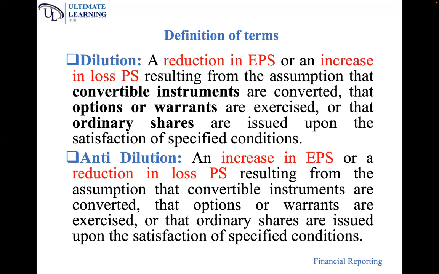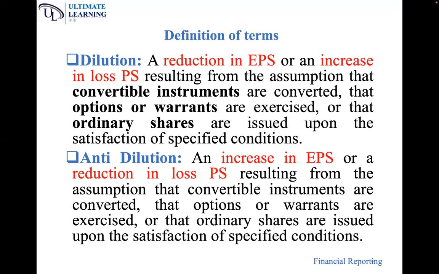So when we talk of the terminology, to dilute something is to reduce the concentration. In this case, we have our EPS. Now, if we reduce the value of EPS, we talk of dilution. Dilution must result, if it's earnings, in earnings coming down. If it's a loss, losses rise. In that case, we talk of dilution. To dilute something is to reduce the concentration. So in the context of EPS, diluted EPS is basically where the EPS is brought down, or if it's a loss, the loss is increased.